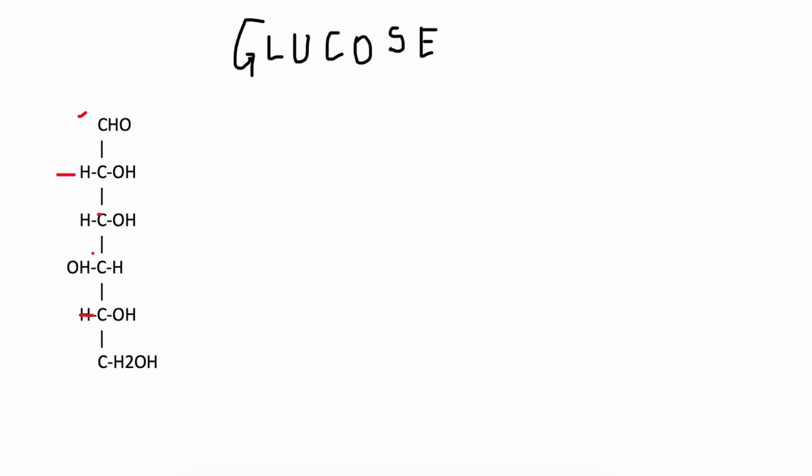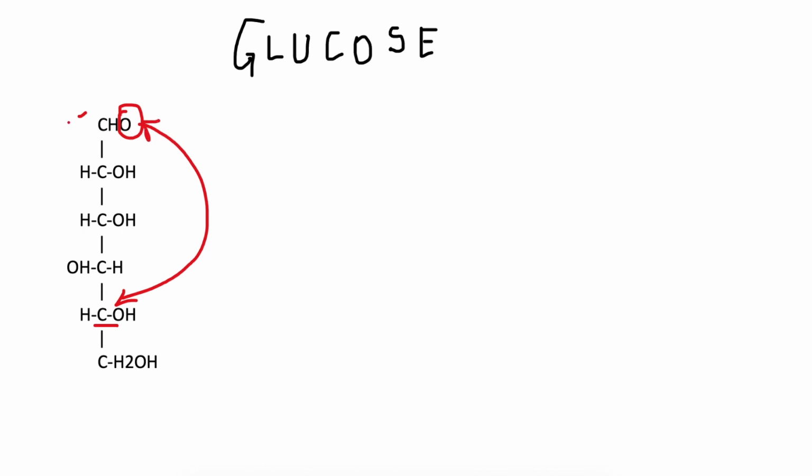What you need to know here is that there is a functional group, which is the aldehyde group. You need to carry the oxygen of this functional group, by that I mean this oxygen, and join it with the second last carbon in this chain. The second last carbon is the 5th carbon. So if you join these two things,